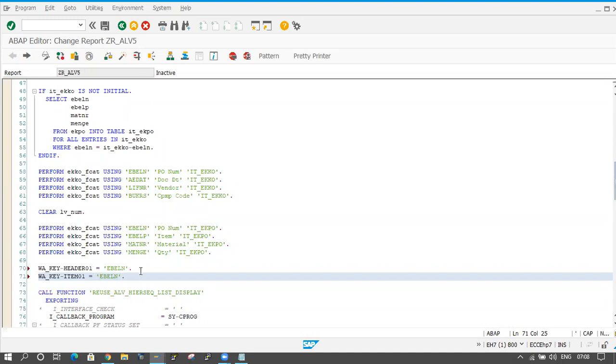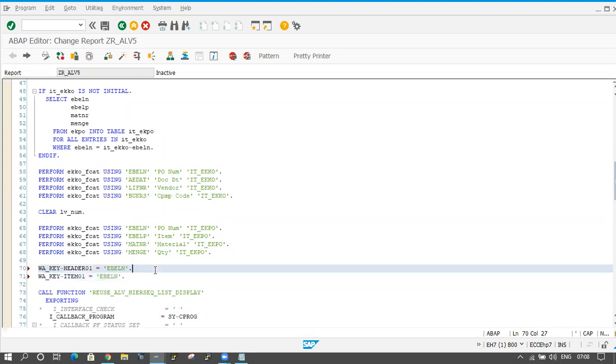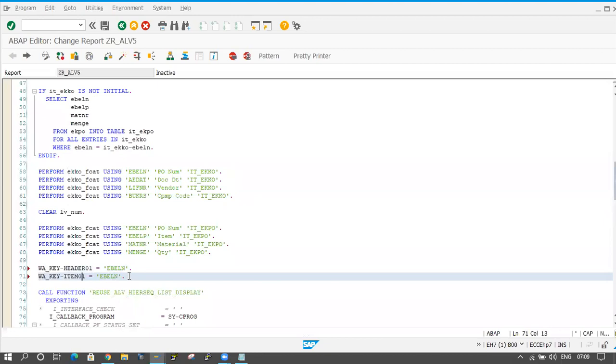Header 01 means in the header internal table, the link field is EBELN. I am linking EBELN from EKKO to EKPO. In both tables the link fields are the same, with the same name. EBELN only is there, right? That's why I'm maintaining header 01. In the header the link field is EBELN, and in the item also the link field is EBELN.